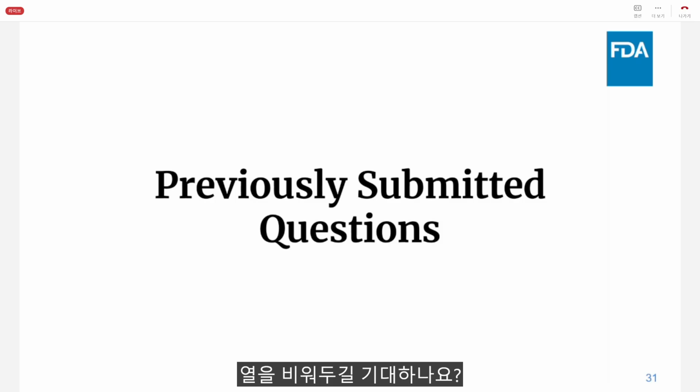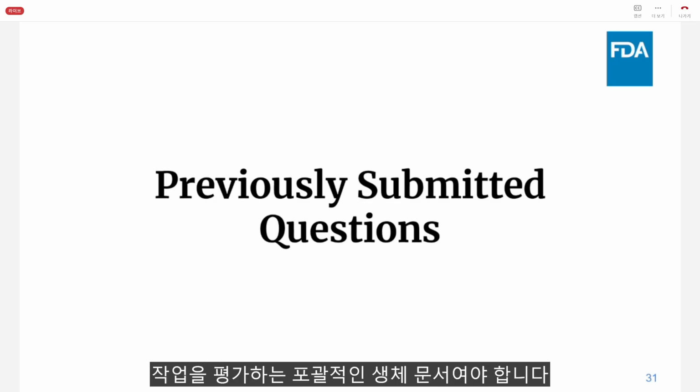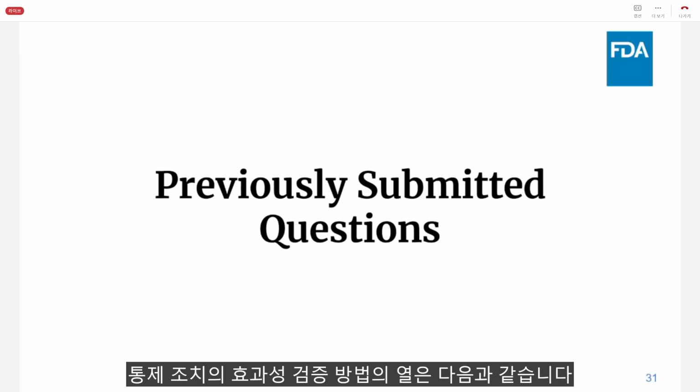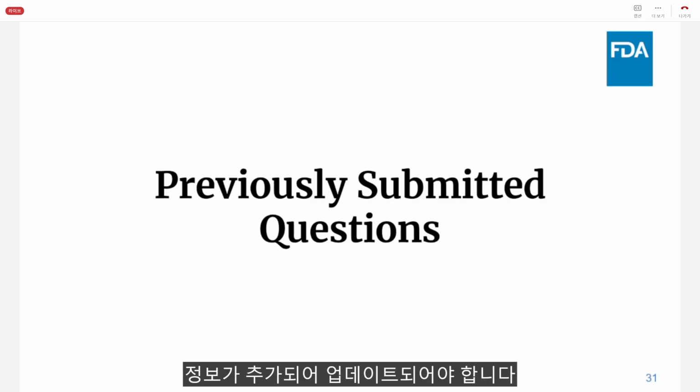Yeah, I think this is a great question. And essentially the use-related risk analysis, or URRA, should be a comprehensive living document that assesses all user tasks for both critical and non-critical tasks. The column for validation method for effectiveness of risk control measures should be updated with appropriate information as intended to support traceability to the final validation testing. So we would expect traceability for validation testing data,